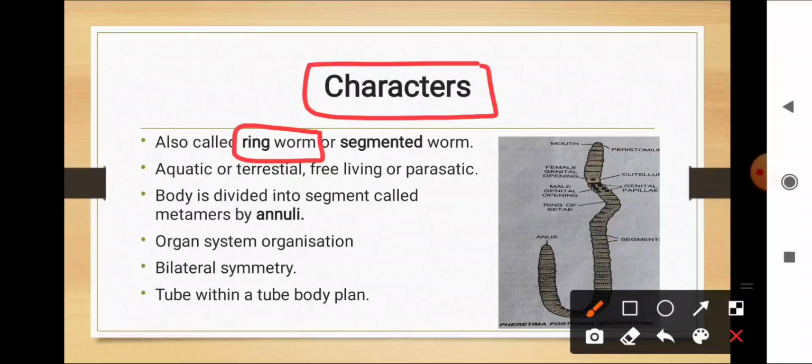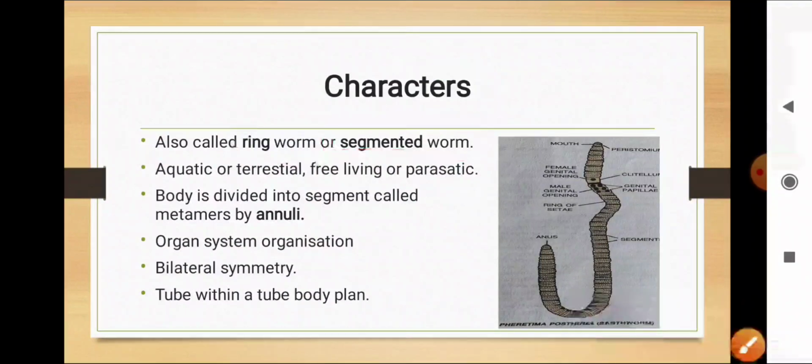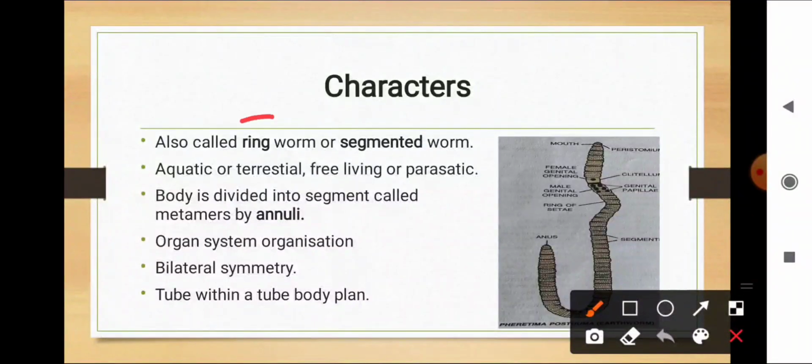Sometimes they are also known as segmented worms. Why are they known as segmented and why are they known as ringworms? Due to the presence of a character like a ring and like a segment. Okay, segment means